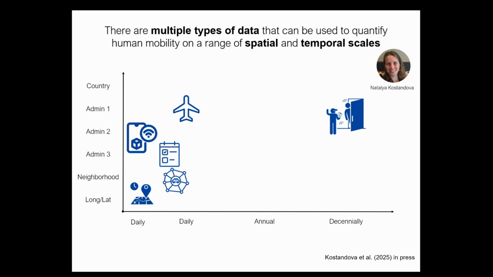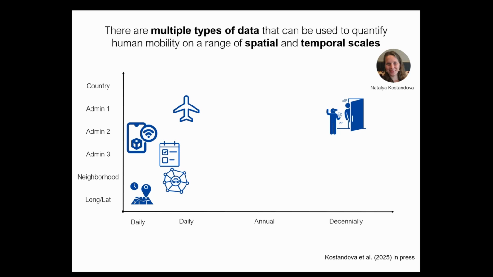And so if you think about different kinds of data sets, they also might have very different spatial granularity and time periods over which they are taken. You can have some things like GPS logger data where you put GPS loggers on people or use people's phones, where you're tracking very, very granular movements. You can have other data like surveys where you might ask people where they went in the last week, or things like flight data where you might just know that this many passengers went between this origin and destination. And all of those data sets are going to have different kinds of biases.